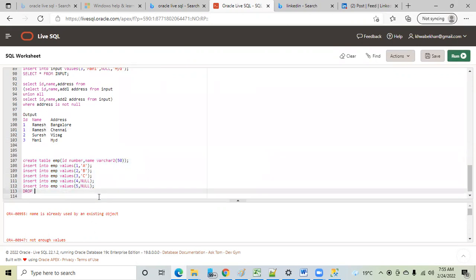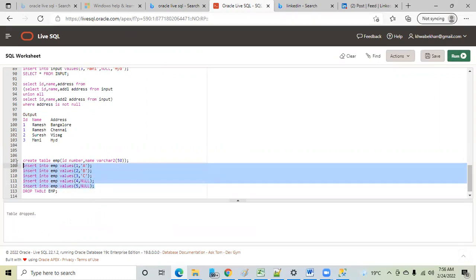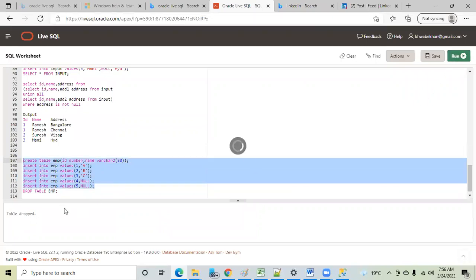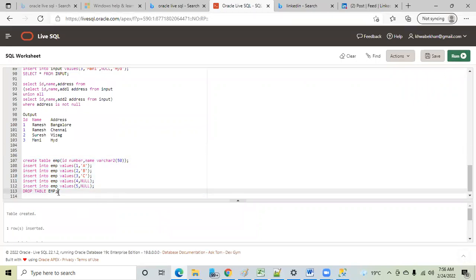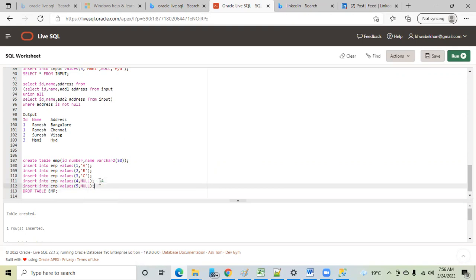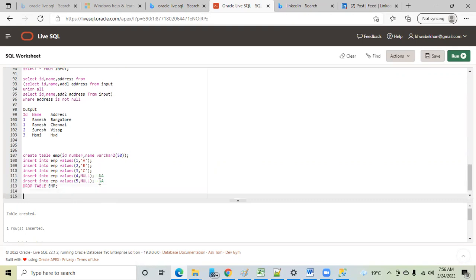Who will explain this query to me? Okay, table described. So now hope the question is clear. You want the name to be NA wherever name is null. It means I want output like this, NA. Now please help me write the query. What should I write here?